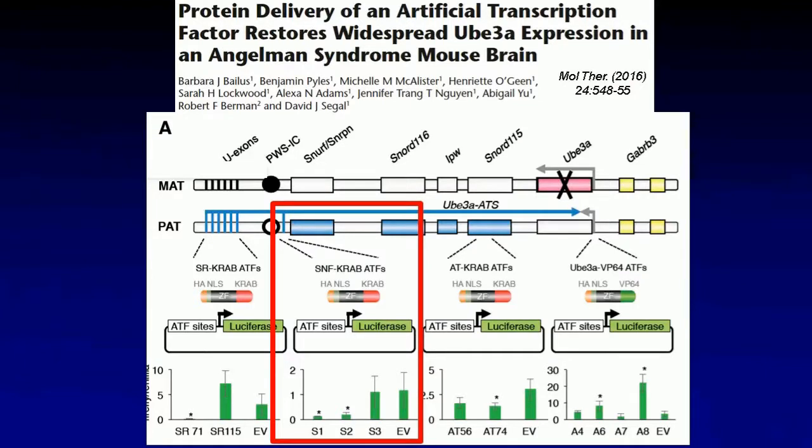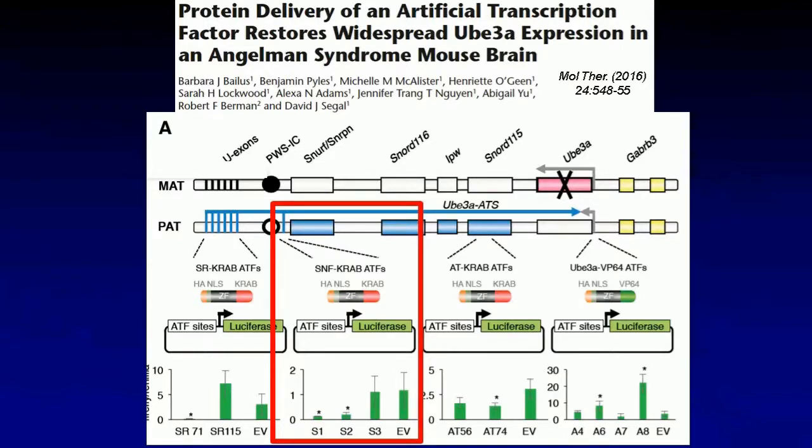But in the children affected with Angelman syndrome, they either have a mutation or a large deletion that eliminates the expression of UBE3A from the maternal chromosome. There is a copy of UBE3A on the paternal chromosome, but it's epigenetically silenced. And not silenced by promoter methylation, but in fact there's an antisense transcript that keeps it silent. A lot of tricky genomics, but just to say that the therapeutic goal in this case is to reactivate the silenced UBE3A allele on the paternal chromosome.